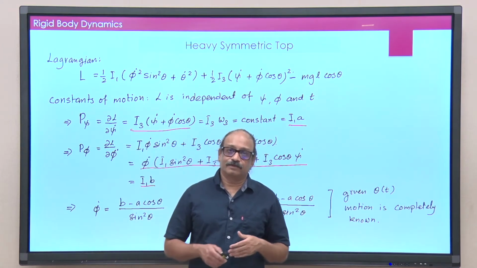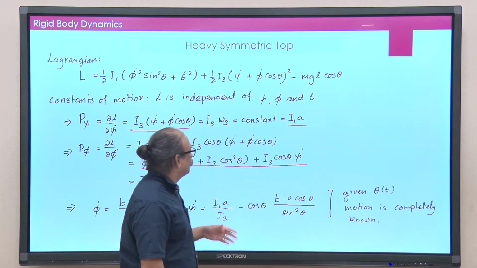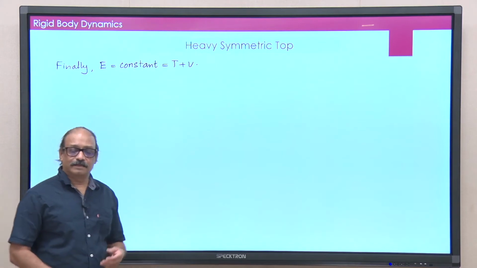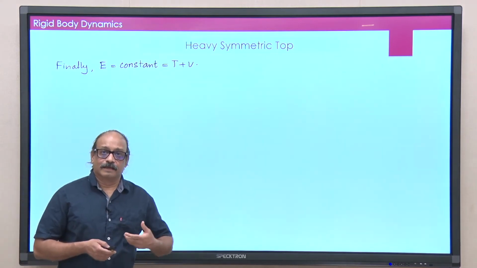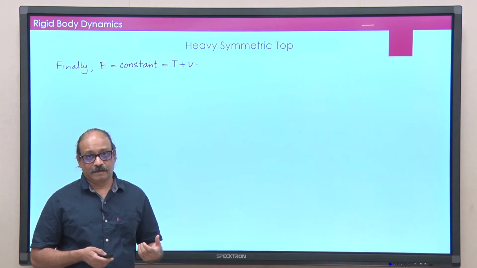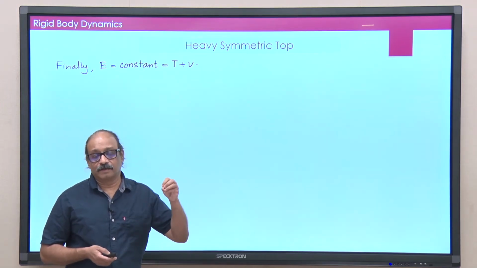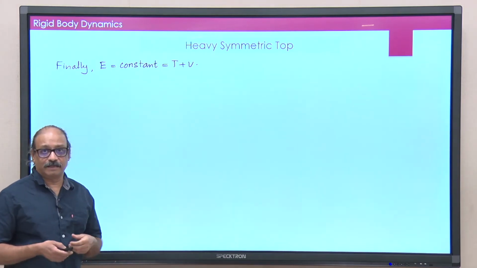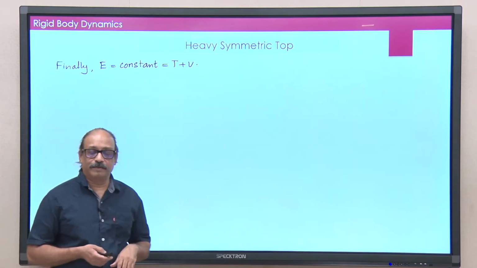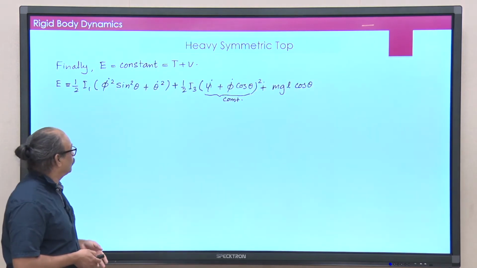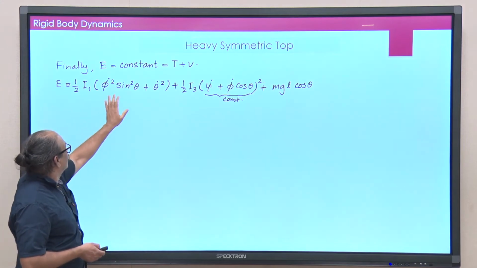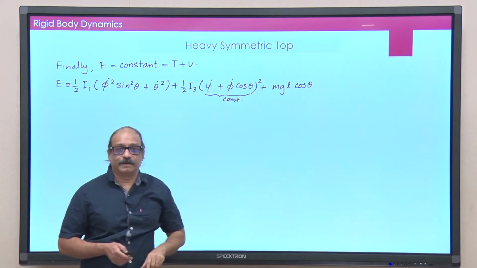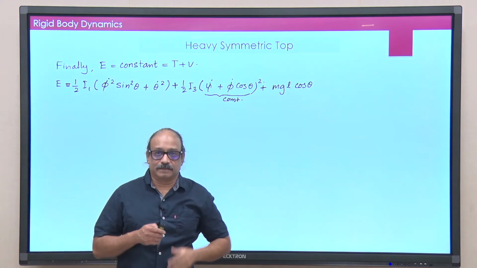and for that I am going to use the third constant of motion, which is basically energy. So, let us start by looking at energy. In this case, of course, we already know this result. The kinetic energy is a homogeneous function of the generalized velocities, and there is no explicit dependence on time. So, the energy simply becomes T plus V, and that we know how to write, that we can very quickly write down. The kinetic energy term anyway we had derived, all that will happen is there was a minus sign here for potential, that becomes a plus sign.